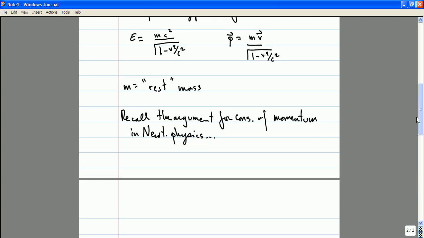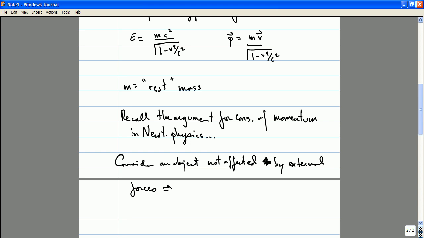So let's consider an object which is not affected or not subject to external forces. Then in Newtonian physics, that means that the force on the object